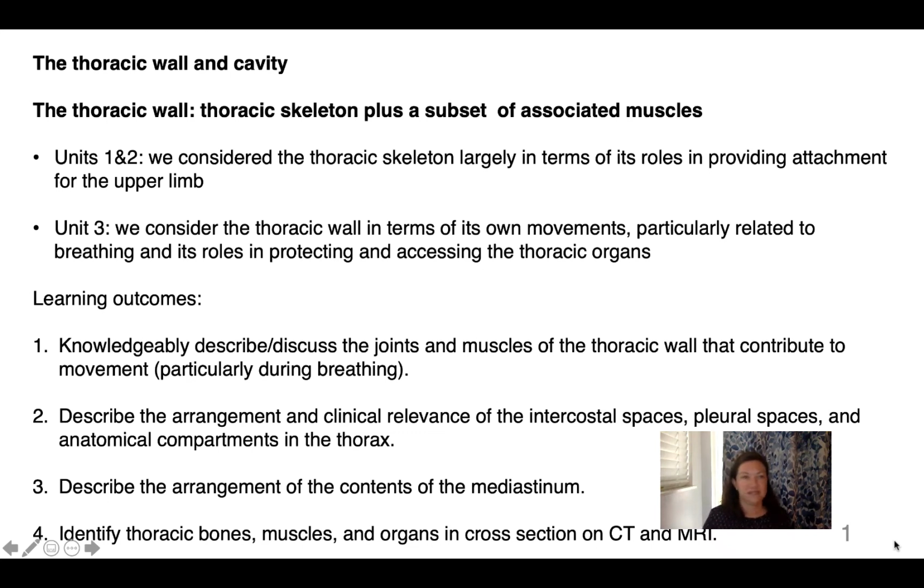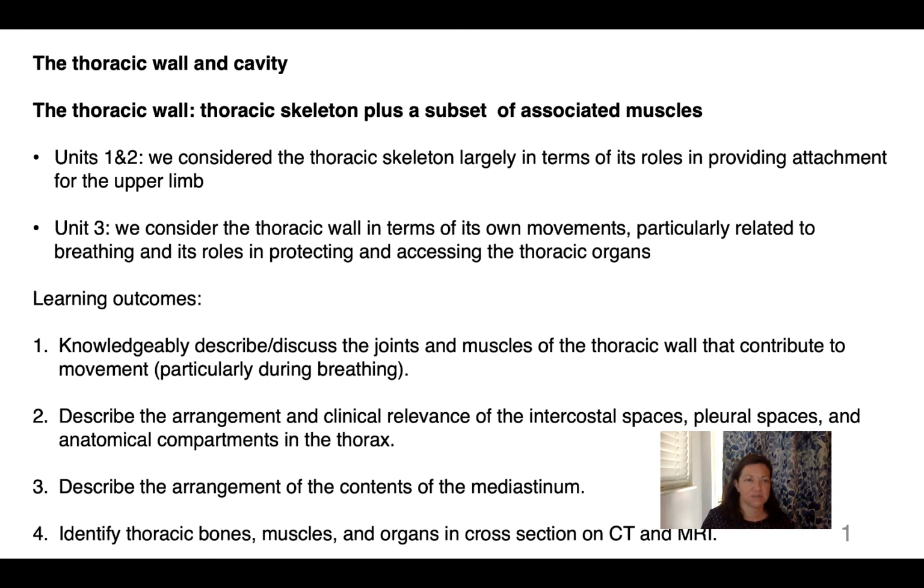All right. So today we're talking about the thoracic wall and cavity. And of course, we learned in the first 2 units that the thoracic skeleton gives attachment for the upper limb. And that's sort of largely how we considered it. In Unit 3, we're going to consider the thoracic wall, that is the bones and the muscles, in terms of its own movements, and particularly those related to breathing, as well as its roles in protecting and accessing the organs